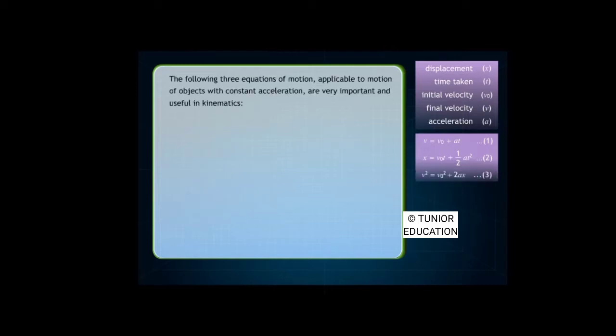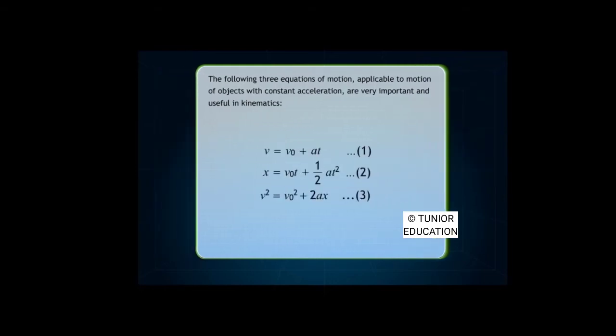The following three equations of motion applicable to motion of objects with constant acceleration are very important and useful in kinematics. v equals v0 plus a times t. x equals v0